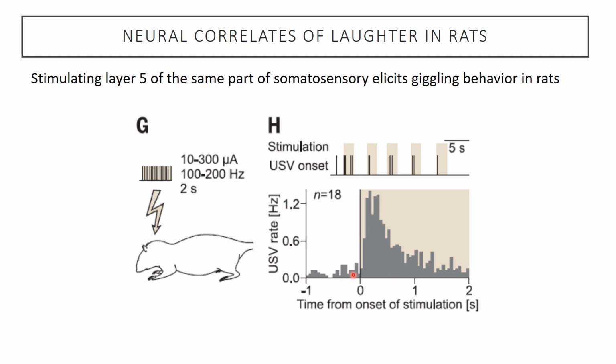So when they start to stimulate in this area, which we know is part of the somatosensory cortex and seems to be touch sensitive, they get an increase in the USV rate. It's relatively short. You can see it lasts less than a second, but it's a huge increase relative to baseline. And so you can elicit very short, quick little giggles as if they're being tickled by stimulating these areas. So clearly, this kind of vocalization is obviously universal to humans, but it even seems to be shared in rats as well.